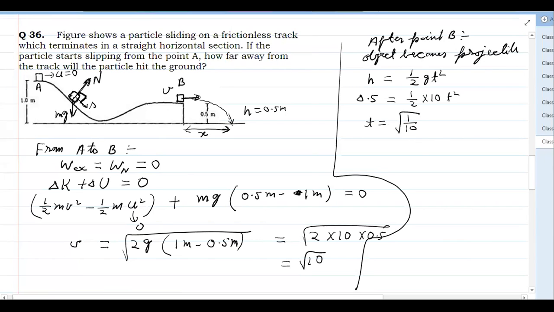In this much time the object will fall on the ground, and in the same time the object will be moving horizontally with velocity v. This was the vertical equation. Now we will write the horizontal equation. So the horizontal equation will be x equals v into t. So v is root 10 and t is 1 by root 10. So finally we are going to get 1 meter. So at a distance of 1 meter, the object will land on the ground. Okay, so in this way we find